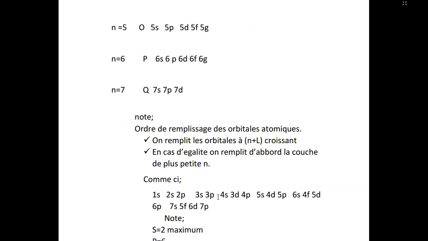Since 4s, L corresponds to 0, you know that 4 plus 0 will give you 4. Then 3d, d corresponds to 2, 3 plus 2 will give you 5. So that's why 4s comes first and 3d comes second. Then 4p also gives you 5, but you know that n=4 is greater than n=3, so you start with 3d. Then you continue